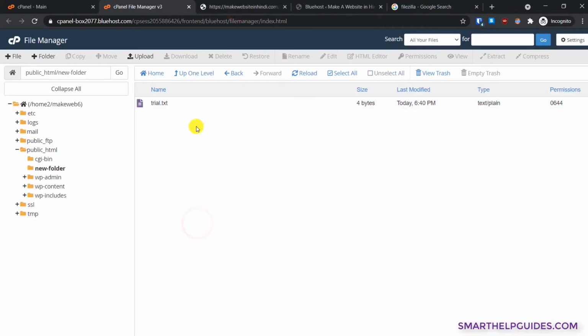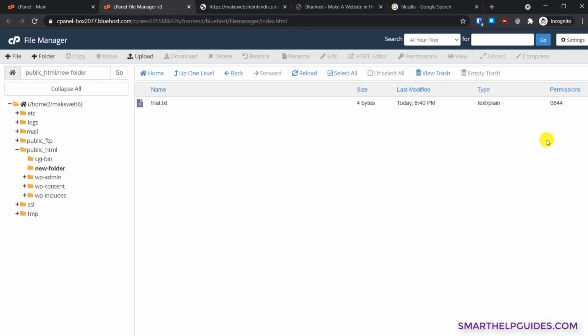Close this. Now I have opened this file in the browser in a new tab. You can see this is the website. We added a new folder and then tried the file name trial.txt. Right now you are able to access it and view it in the browser. But if I change its file permission, you will see how it works.